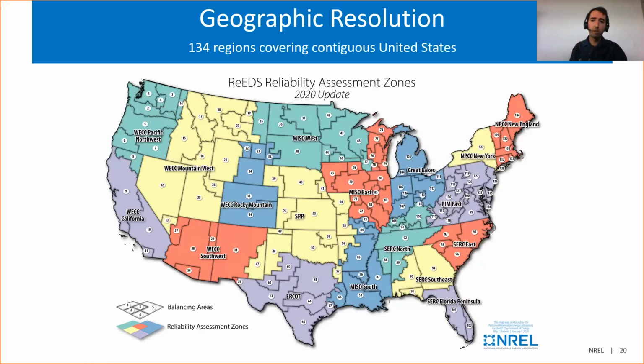It doesn't really matter. Point is that a lot of people take these regions and then aggregate them to some other region that they're used to working with, like eGRID subregions or NERC regions or something like that. Or you can just take these 134 different regions and work directly with them. Point is, this is what the model runs at. This is what the data is available at. You can download it and use these 134 different regions.